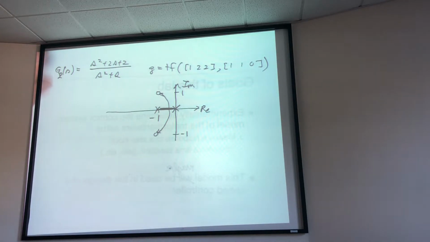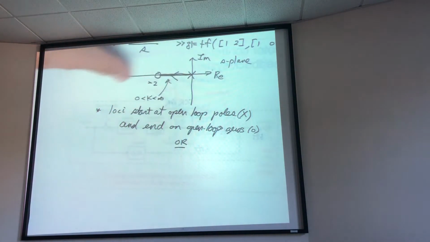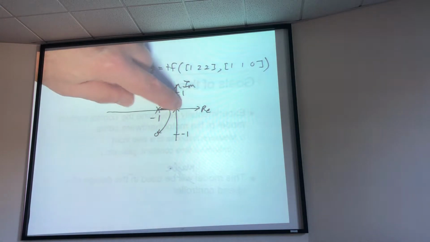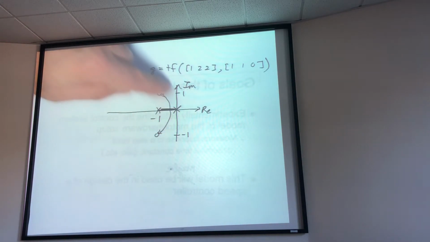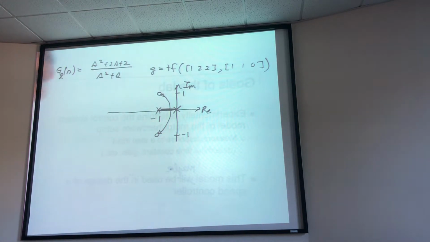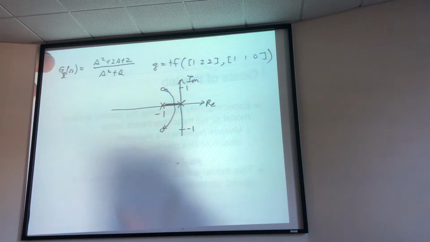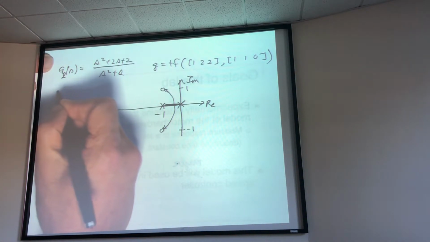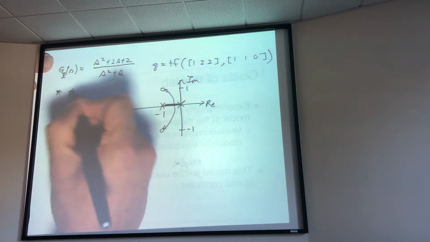Okay. So the previous conclusion still holds true. The loci start at the open loop poles and they end on the open loop zeros. They start right here, and they terminate here and here. So let's make some more generalizations, maybe. The number of loci,